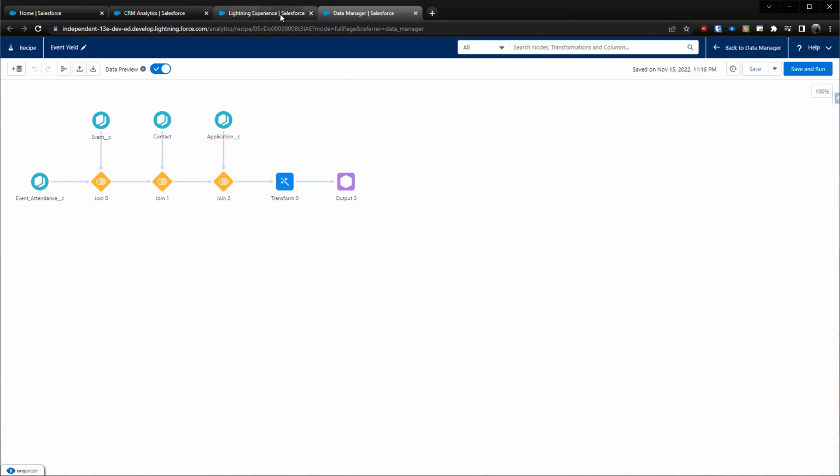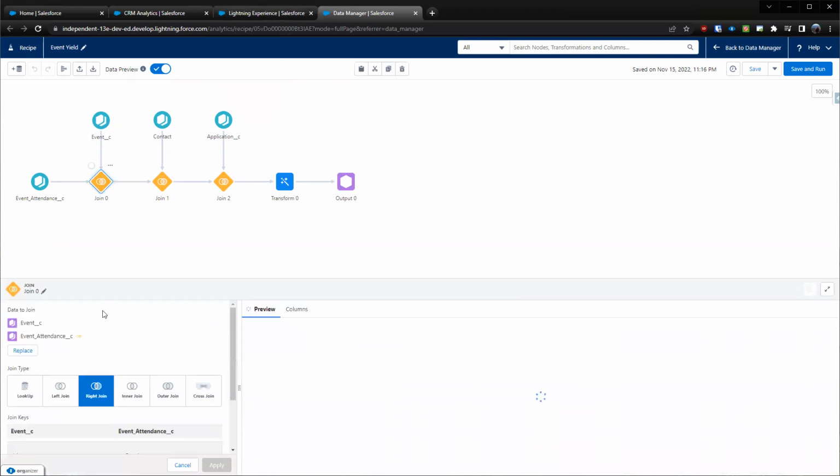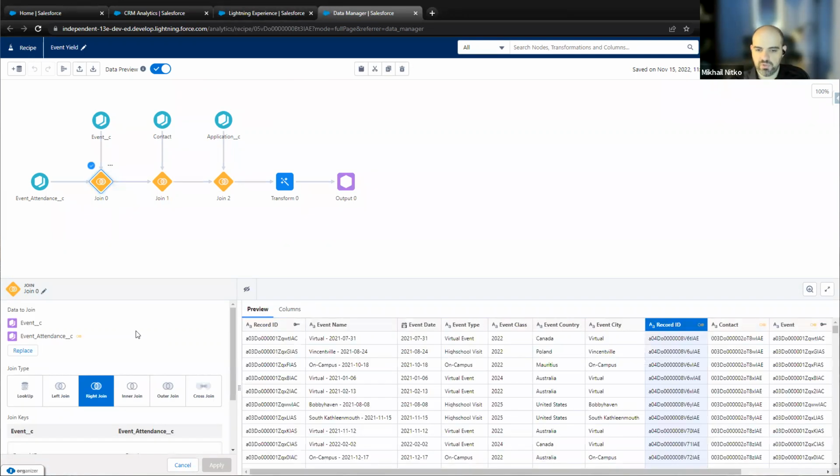Can you, excuse me for a sec, can you show us the joins so we can also see? Yes. So the joins offer all the traditional database joins that you can imagine, in addition to your lookup style join, which I think is probably available in other systems as well. It's not just Salesforce relevant. But the fun part about this one is that if multiple matches are found on the second table that you're joining to, it will return only the first match.